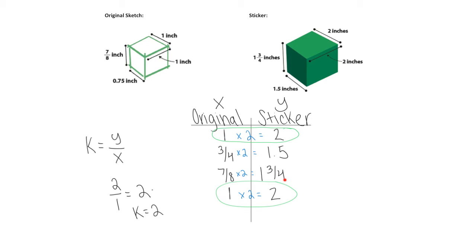Because all of this is correct, our common multiplier is 2, which is also known as our constant. To write an equation that represents our chart, we would say y equals 2x. This proves that Jake's sticker was drawn proportionally to the original sketch. So we would answer this question as yes,